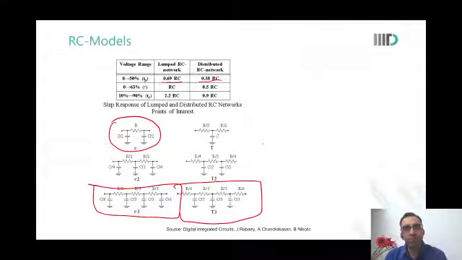Does modeling with a lumped RC network offer a certain advantage? Yes, that is what we were just talking about, Meher: the simulation time would reduce if I have fewer components. That is why we are talking about these models. Otherwise, the distributed model was good enough. It was very accurate.